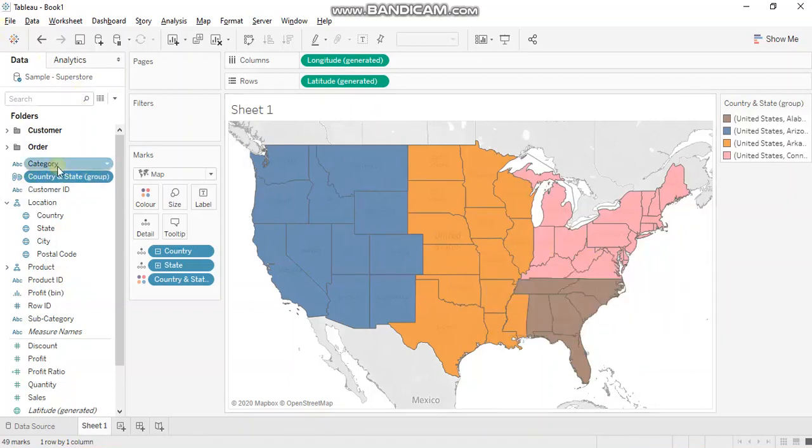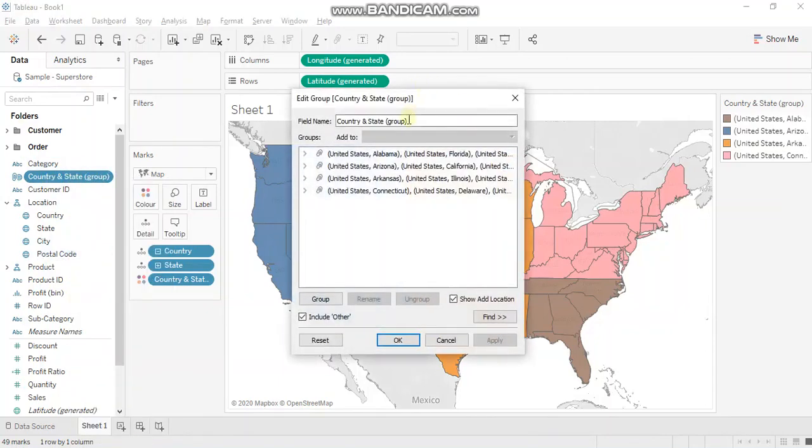Now let's go to the group. You have a new dimension automatically generated. Let's edit this. You can obviously rename it. Let's rename it as region. You can see there is only one group and there are 4 categories in that group. It's not that you have 4 different groups, 4 different dimensions listed. You have just one dimension listed and it contains all the information about your 4 categories.